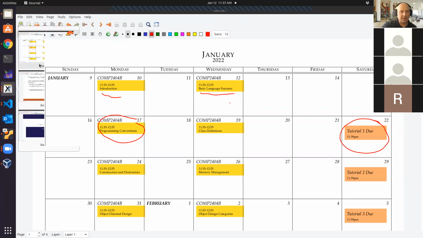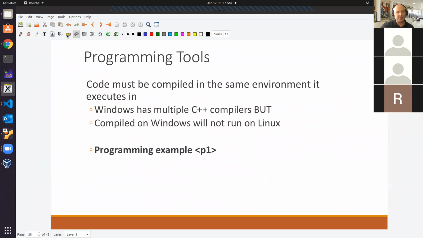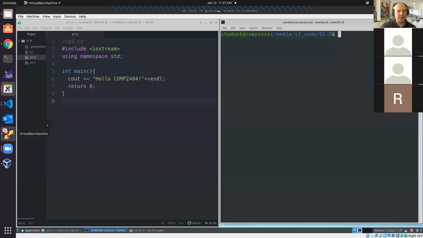All right, so last class we were in a programming example, and we ended off by compiling an object file and then linking that to an executable. But in that case, the object file and the executable were the same thing. So here I have the virtual machine all set up,